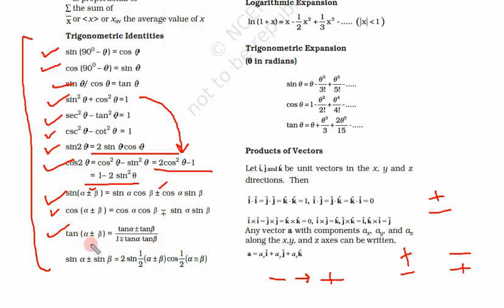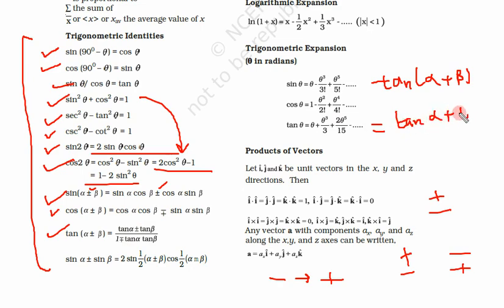If tan alpha minus beta is there, what we have? Tan alpha minus tan beta, 1 plus. If you see, lower symbol is changed, upper symbol remains same. So you write two formulas instead of writing one. So what is first formula? Tan alpha plus beta. Okay. So what is tan alpha plus beta? Tan alpha plus beta is tan alpha plus tan beta.